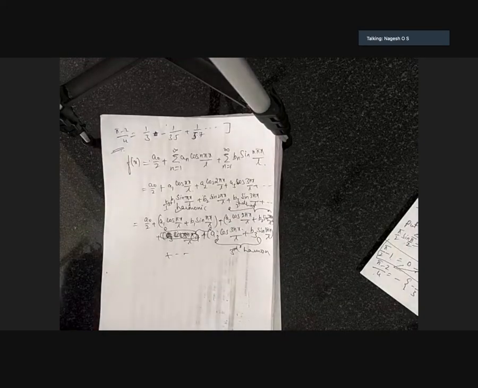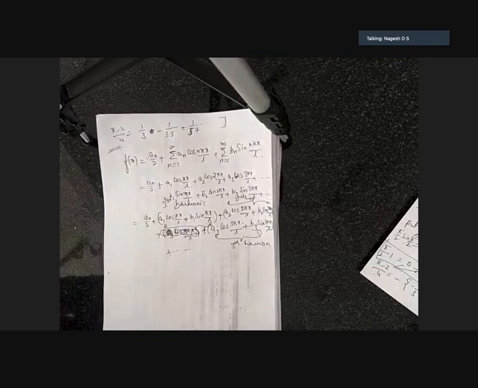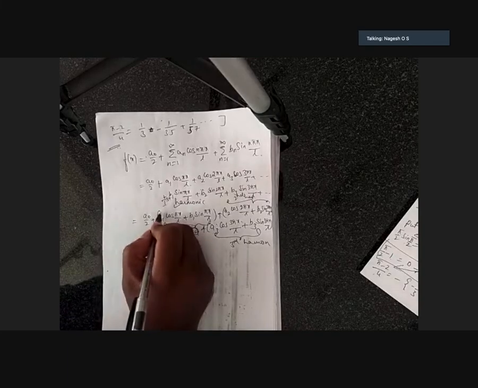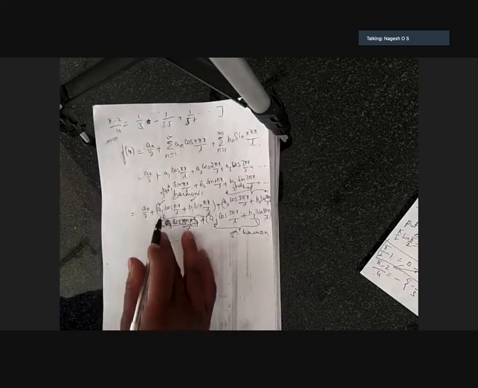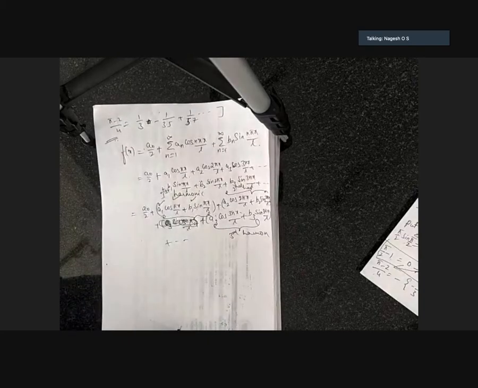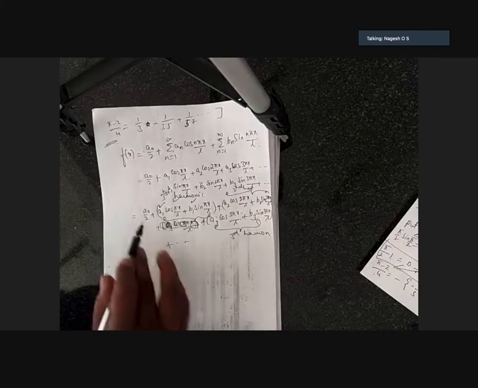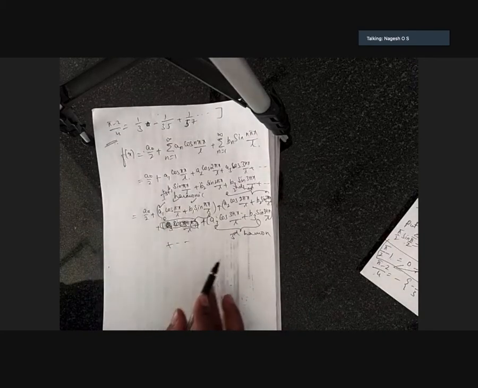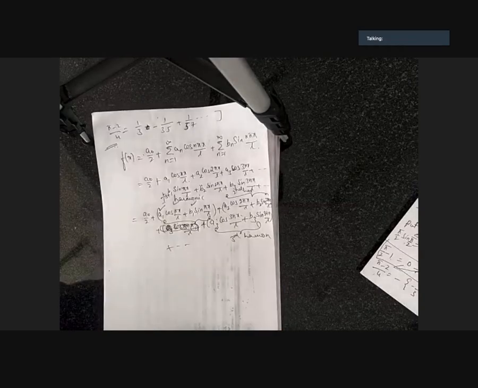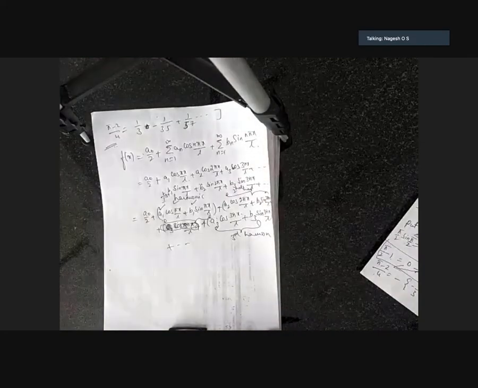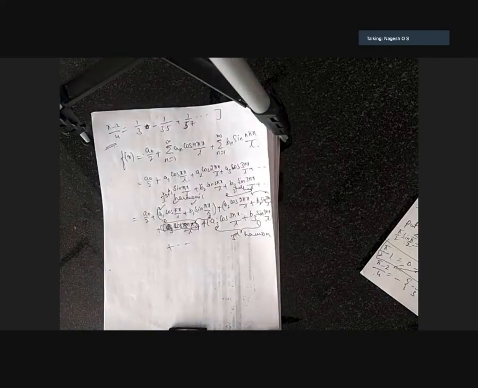Okay, so here in numerical practical harmonic analysis, what we'll do is we'll find out A1, B1. If they ask first harmonic, we'll find out A1, B1 and we will substitute. If they ask second harmonic, we'll find out A2, B2 and we will substitute. A0 also. Okay, if they ask third harmonic, we need to substitute A3, B3. Okay, how to find out that? We have the formula. We will share the notes. Again, see that formulas.